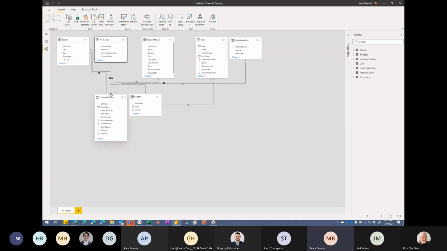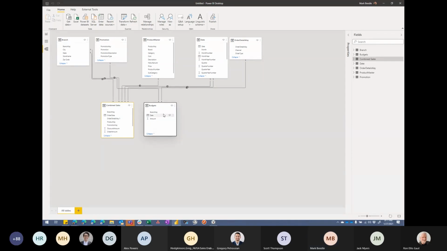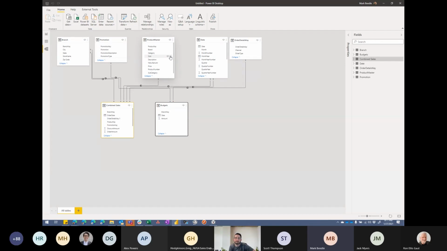All right. I could hide some columns, make things a little bit prettier, but I'm ready to start building out my report. I got a nice, we'll call this a constellation schema because I have 2 centers of my star. But with that, I'm going to end 1 minute and 20 seconds early, in case anybody has any questions. But that's me building out a star schema from a Franken table in Excel.